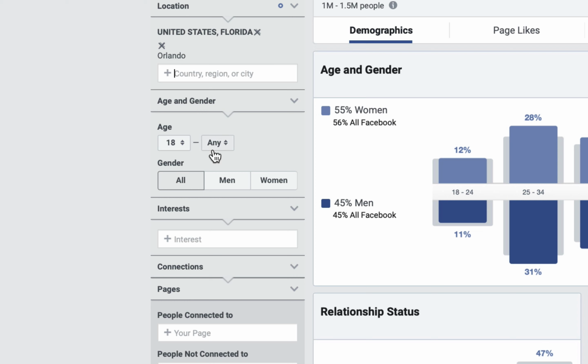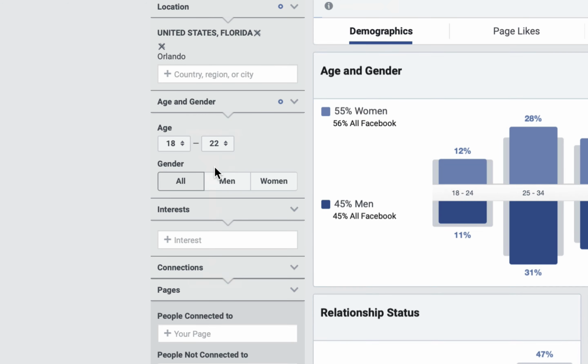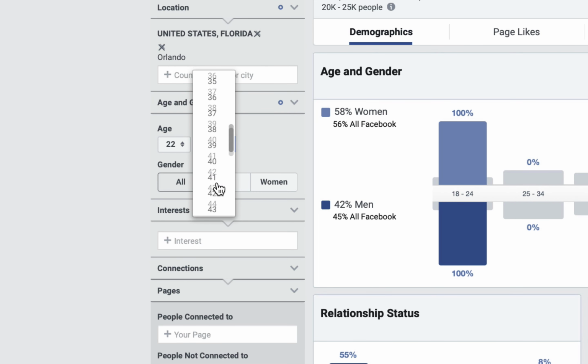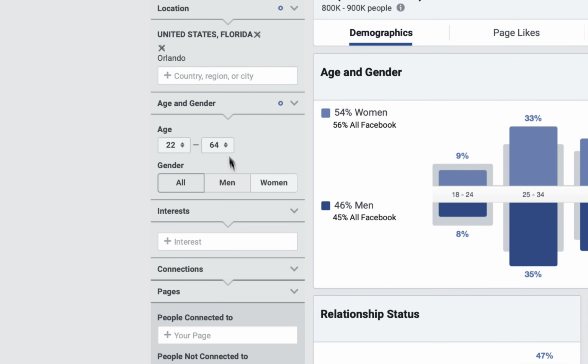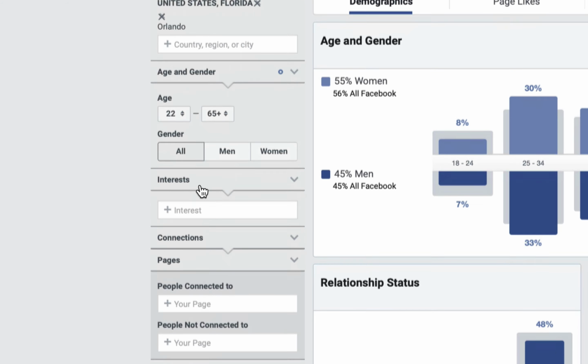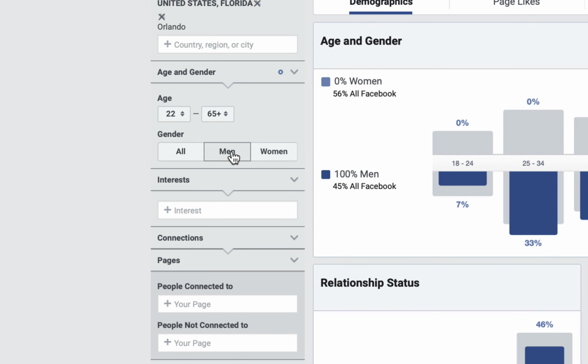And in terms of age, let's say we're going to focus, well, I did that wrong. 22. Notice how that clamped down big time. And we're going to take it right up to 64. And you know what? Just out of curiosity, let's go to 65. And as you can see, if I leave out 65, I'm missing a pretty significant number. So we'll leave it at 65. I can take a look at the difference in terms of men, women,